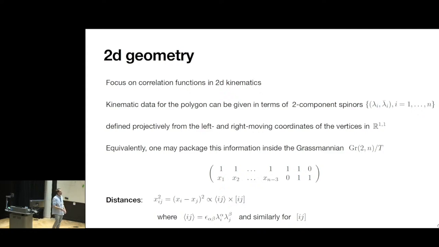So we have vertices in the plane. They have Z, Z-bar coordinates, if you want, or X, X-bar coordinates. And we can describe them in terms of spinors, modulo some projection symmetry that allows us to fix the North Pole, essentially. Equivalently, we may package all of these guys, the left or equivalently the right part, inside some 2×n matrix,